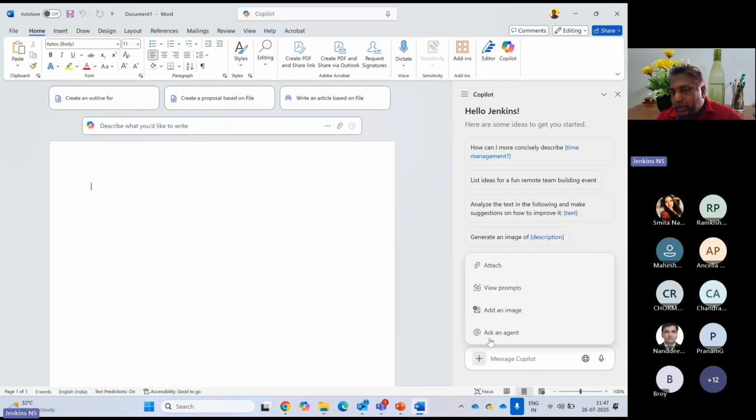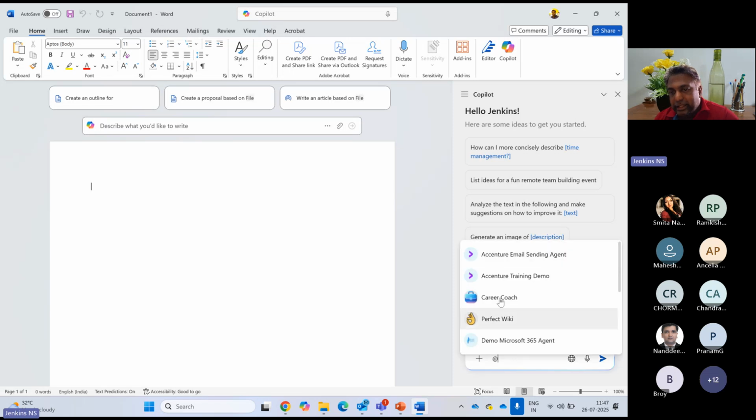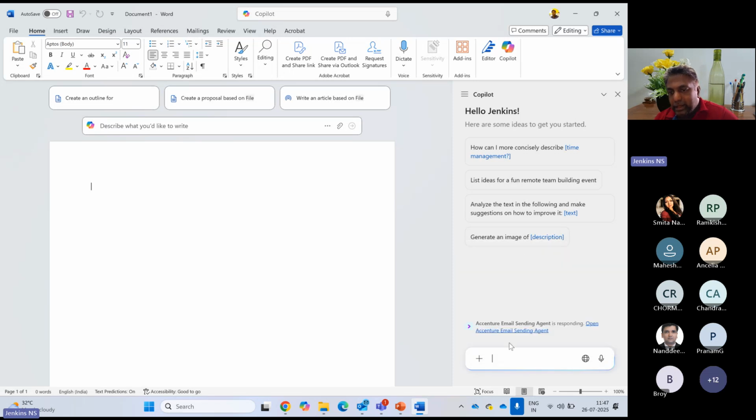When you want to bring an agent, here you can say messenger, email sending. When you say it, it will automatically ask you, chatting with this messenger email sending agent. For example, you can say,